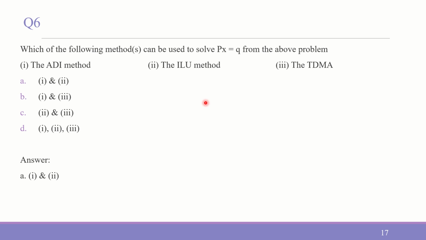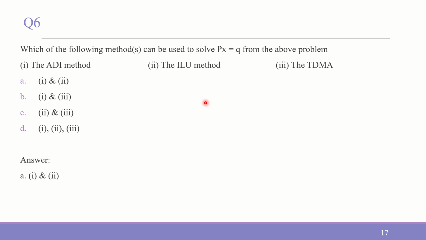So which of the following methods can be used to solve Px is equal to Q? We are using the ADI method and the ILU method. So in the ADI method, we are using the alternating direction implicit method, wherein we split the equation, that is the coefficient